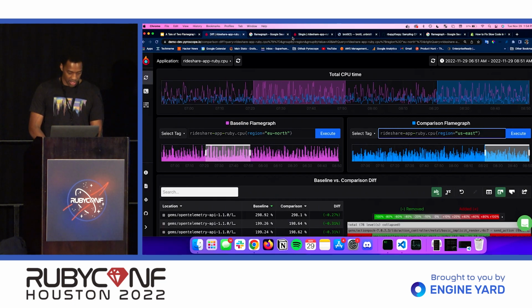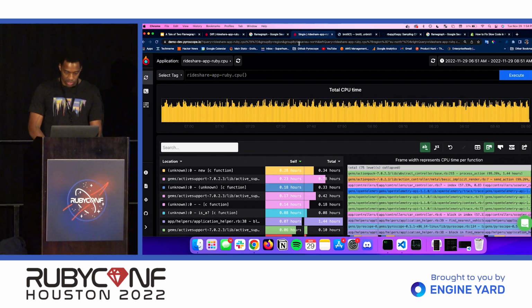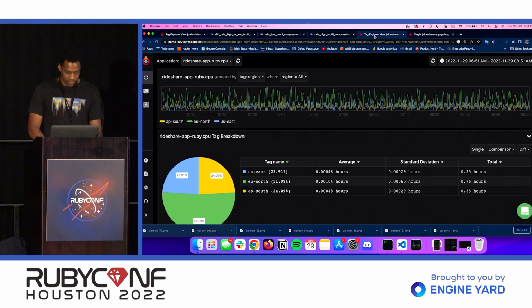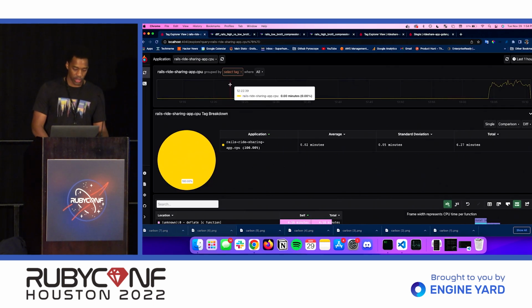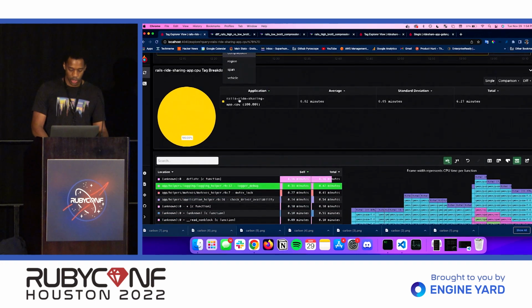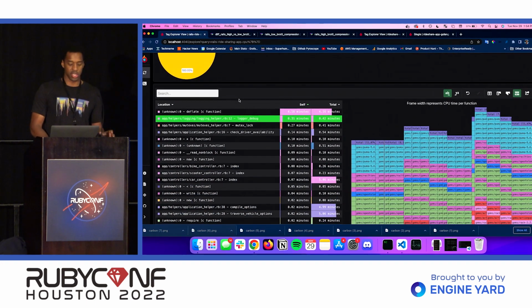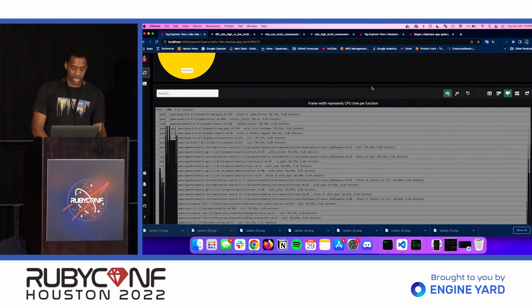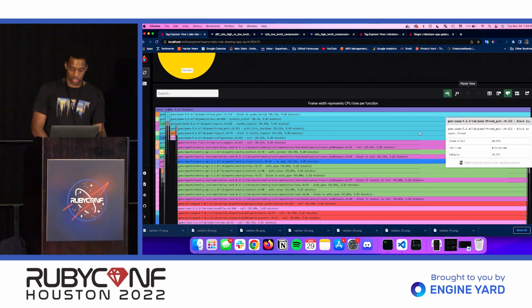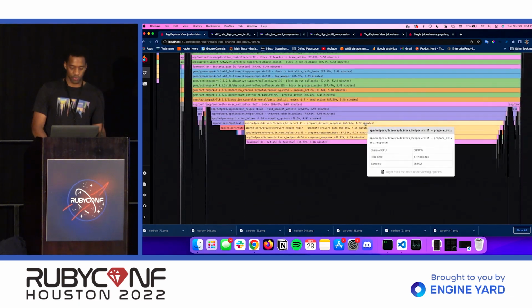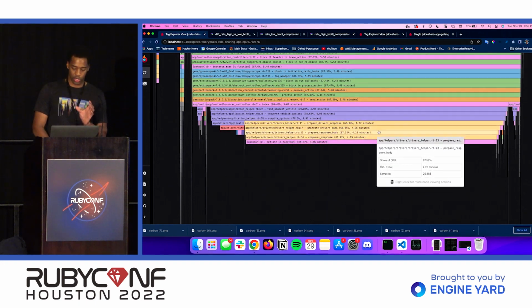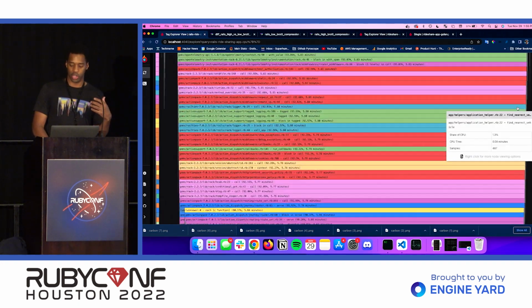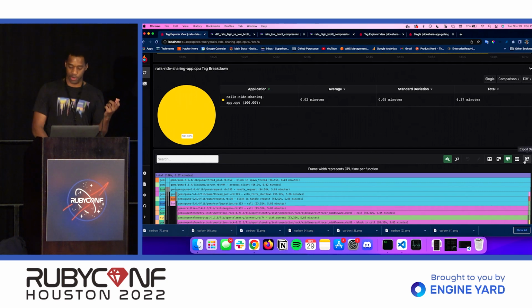So if I go to another application, this one, if you're looking at the regular flame graph view, you might not actually see certain functions that are really common here. So there's something like logging, you can imagine, that gets spread out through a lot of different code